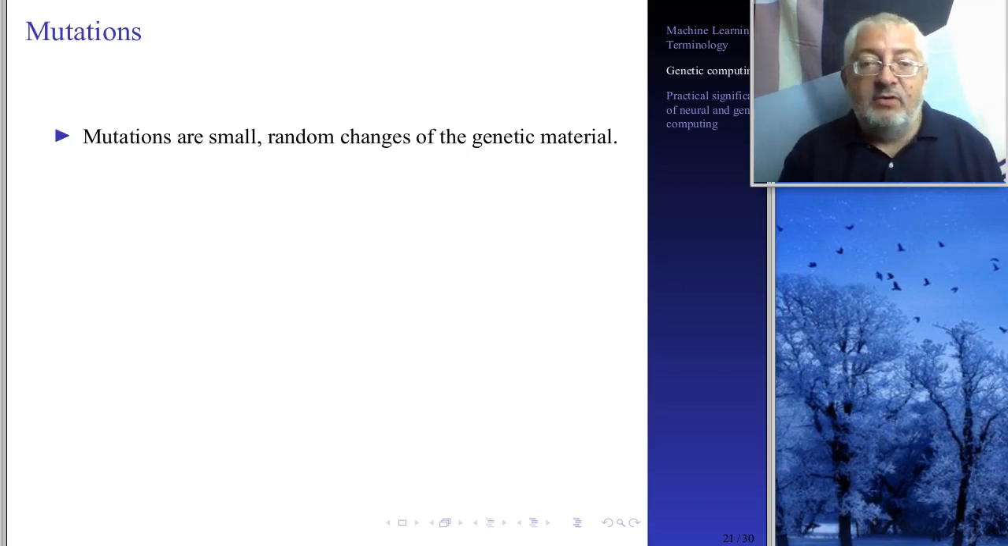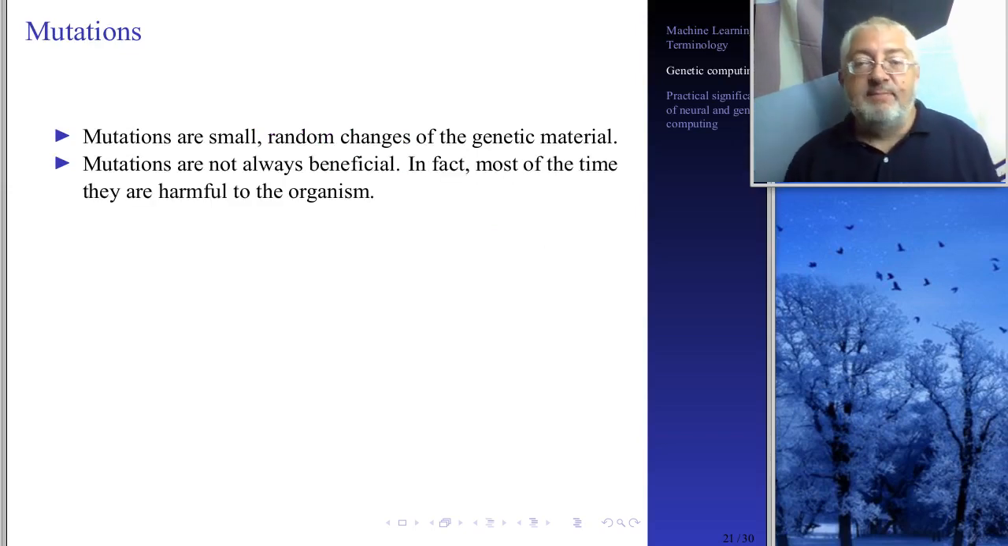Okay. So now, what about mutations? Mutations are ambiguous in this whole system, right? They're small random changes of the genetic material, but they are not always beneficial. Because they are random, they can also destroy the organism. And now you can think a little,